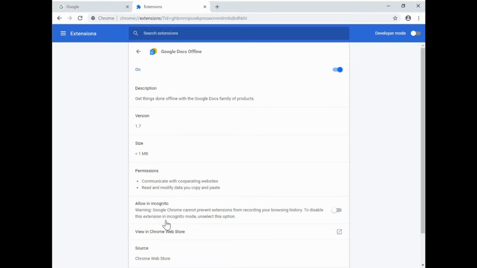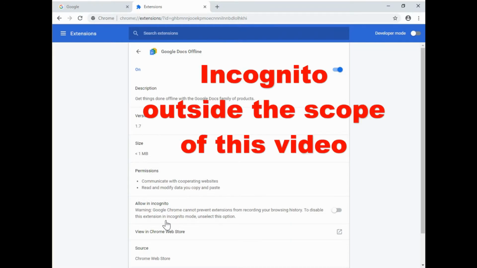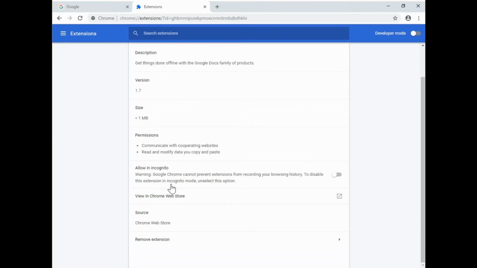You're still able to do some things, but add-ons, or extensions, there I go again, are all disabled, and this can be used for troubleshooting as well as just for a little bit of privacy. The privacy with that is not to do with VPNs, but anyway, that goes outside the scope of this video.